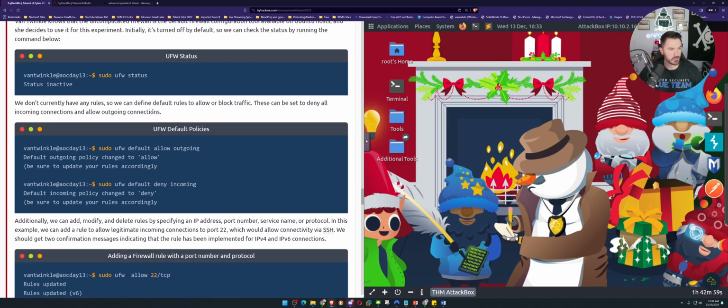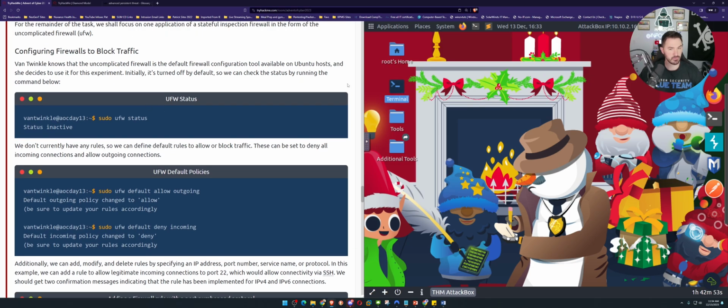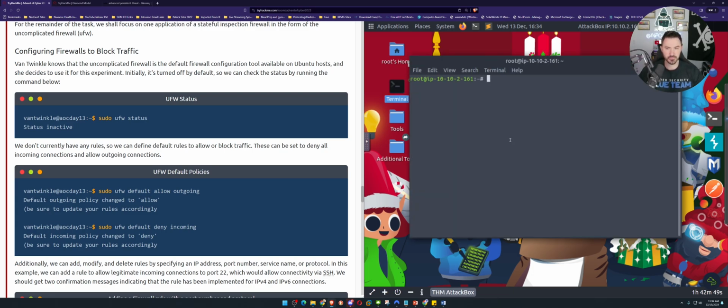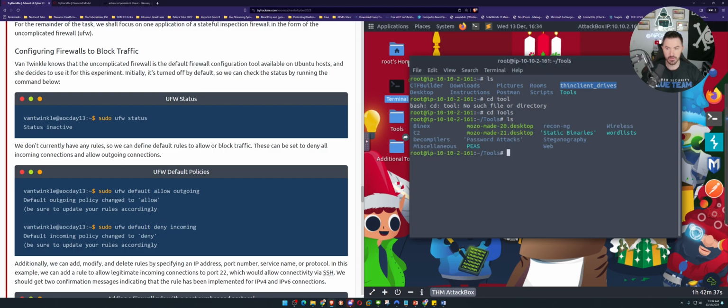All right, so let's go ahead. I guess we're going to go ahead and jump onto this box. All right, so let's go ahead and open up our machines here. Let's go ahead and cd to probably tools. Let's see what's in there. All right, I'm not sure what I'm doing yet. So let's just look at the